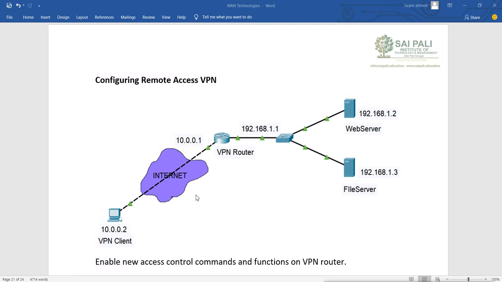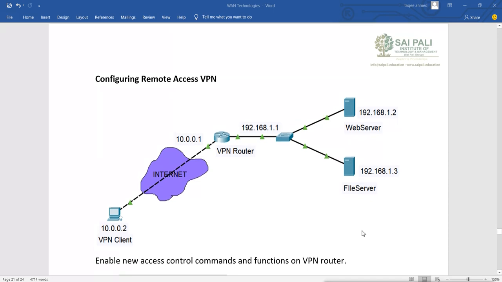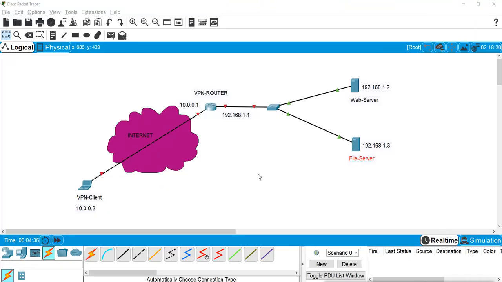So we can configure the VPN connection on our router, and these clients can use this VPN connection to connect to this corporate environment. So let's see how we can configure this. First I will create this design. So this is our design.